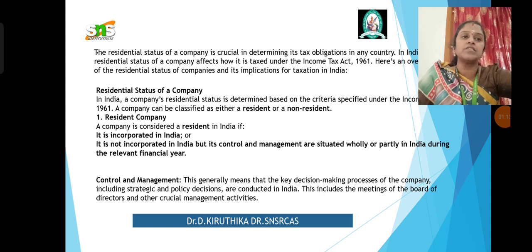I think you are able to understand the terms previous year and assessment year. The assessment year is the current year. For example, 2024 to 25 is our assessment year. It starts with 1st April 2024 and ends with 31st March 2025. The financial year is the year preceding the assessment year, that is, immediately preceding the assessment year. For the assessment year 2024 to 25, the relevant previous year will be 2023 to